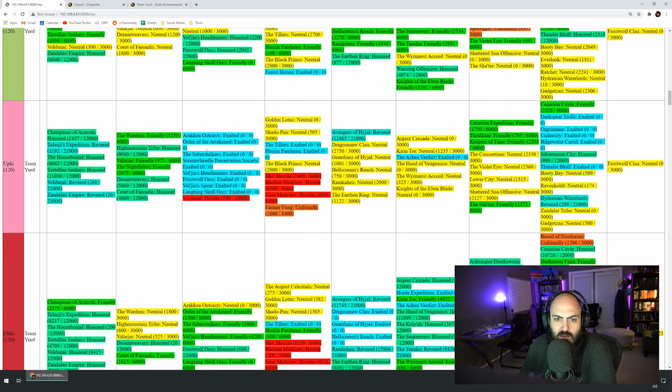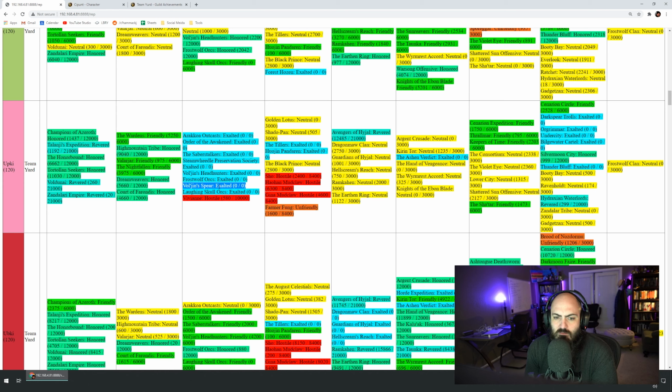I think his name's Upkey. He's got everything, and I just got the Vol'jin Spear. So Vol'jin Spear was removed from the game, but there is a battleground. I did this last weekend. A battleground, you can get